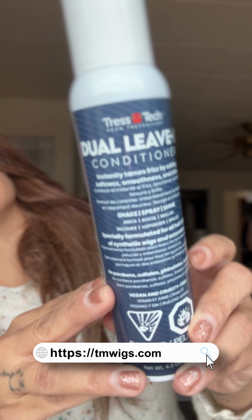Okay, so we're just gonna put her on, and I guess we'll chat about seasonal depression. Yay! I'm not making fun, I'm making light because I do suffer from it, and I kind of relish the days where I don't have the effects of it. So we're just gonna keep trying to do that. I'm gonna part this in the middle, and then we are going to spray it with the Tresseler dual leave-in conditioner